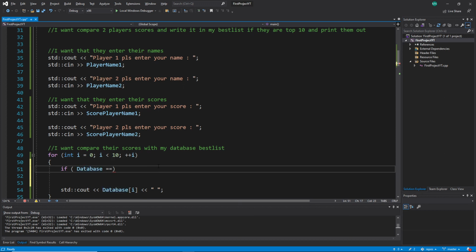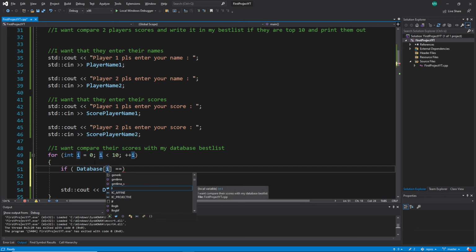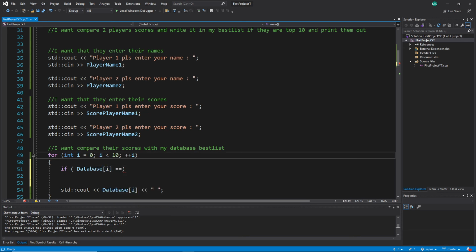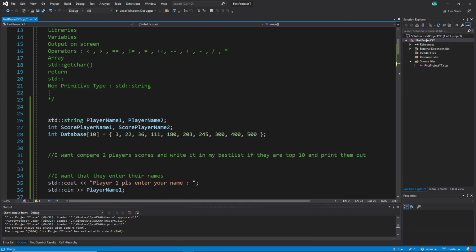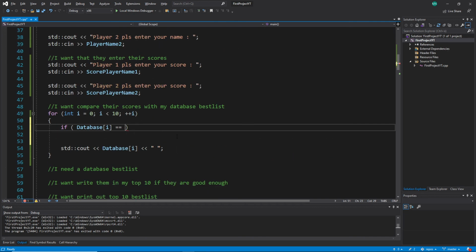And then I write again just my square brackets. Cool. And then I write here, very important, not the numbers one by one. I use this for loop. I know this i will be changed every iteration. It starts with 0. Okay, that's cool. But how do I compare this now with the player scores? Very easy. I take the player score, player number 1, and then I write it. I have here score player number 1, and I say,